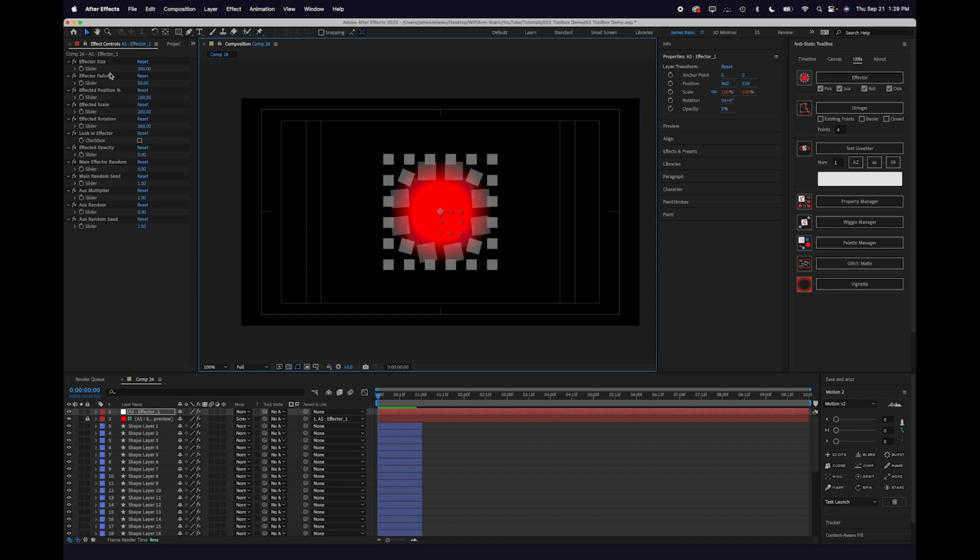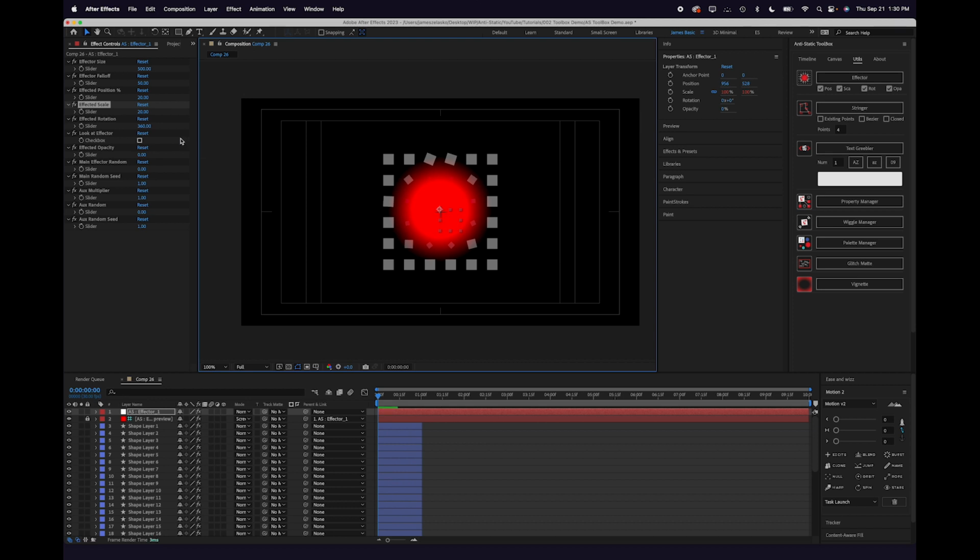And again, all of those properties are going to be listed here so that I can control just how much I want them to be affected. So maybe I'll turn the position down quite a bit. This scale is going to be the absolute scale that I want each of these boxes to go to. So if I turn this down to like 20, then they're going to get real small as this effector comes